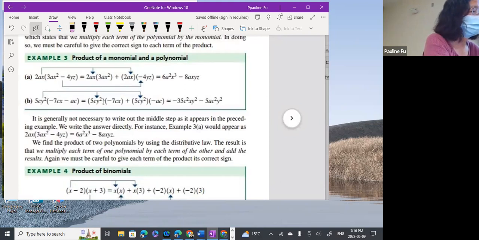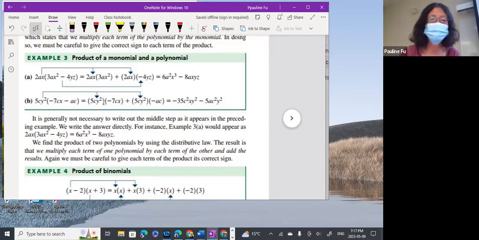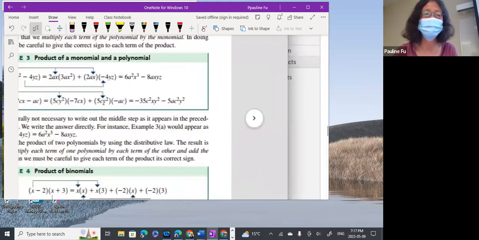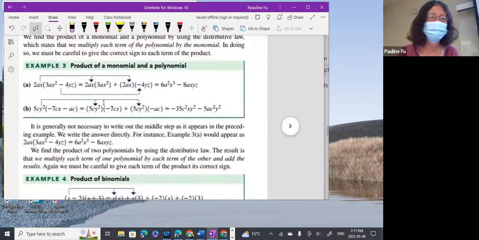Copy this question. I will copy the question to a blank space, so 2ax